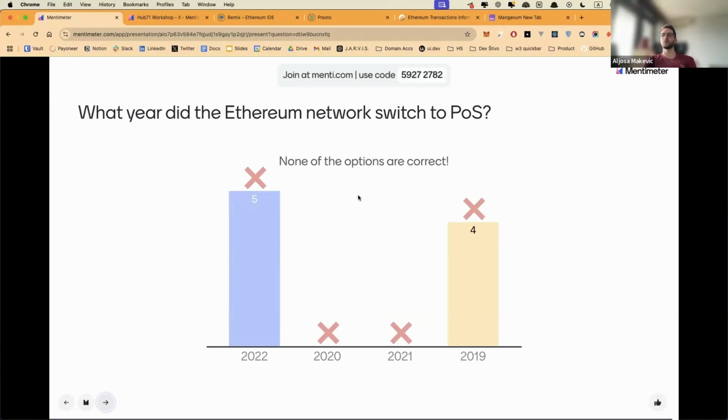Oh, none of these are correct. Well, that's on me because I have to manually select what's the right answer, and obviously I forgot here, so my bad. I lose points here.